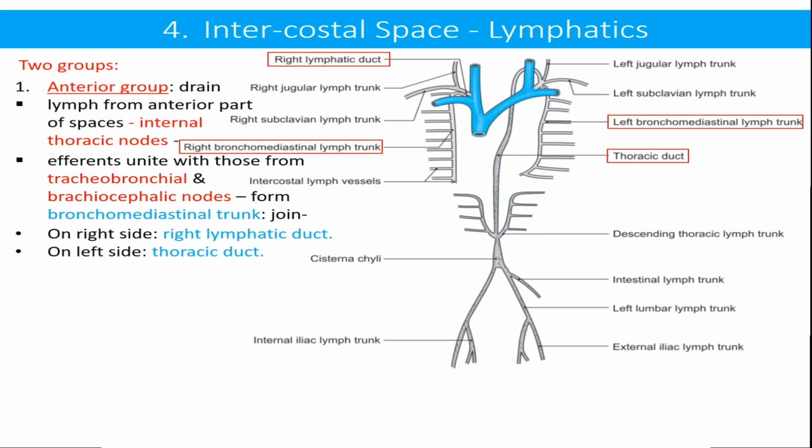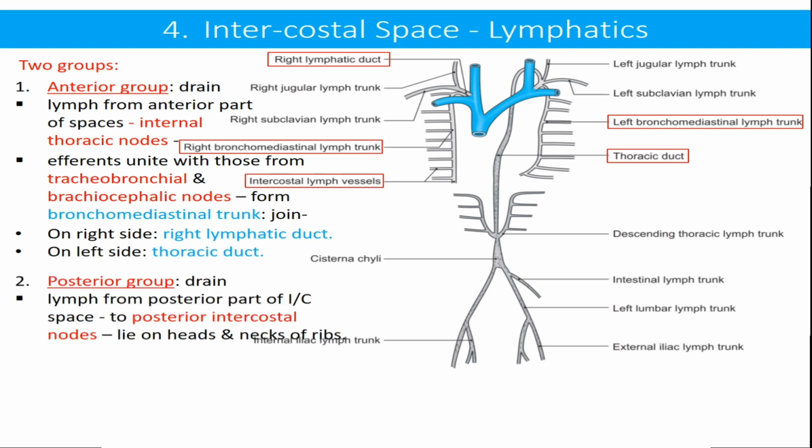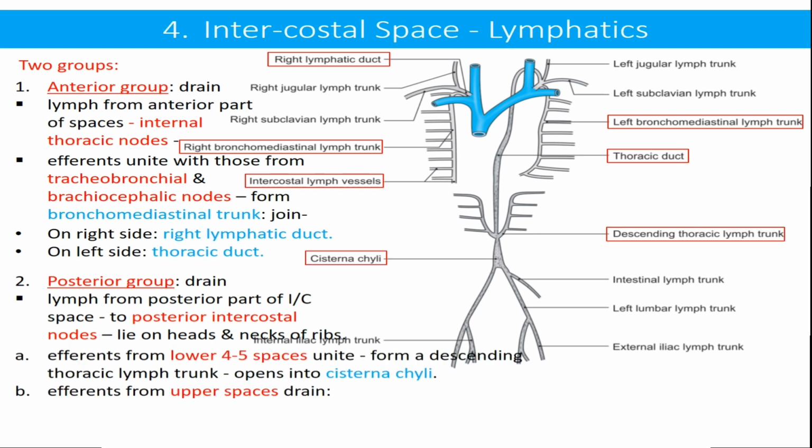On the right side, it opens into the right lymphatic duct, whereas on the left side, it opens directly into the thoracic duct. As regards the posterior group, this group drains lymph from the posterior part of the intercostal spaces to the posterior intercostal nodes which lie on the heads and necks of the ribs. Efferents from the lower 4 to 5 spaces unite to form a descending thoracic lymph trunk which opens into the cisterna chyli, whereas efferents from the upper spaces